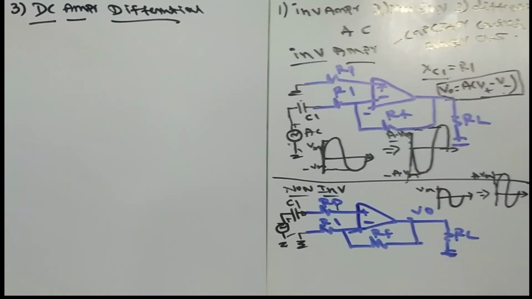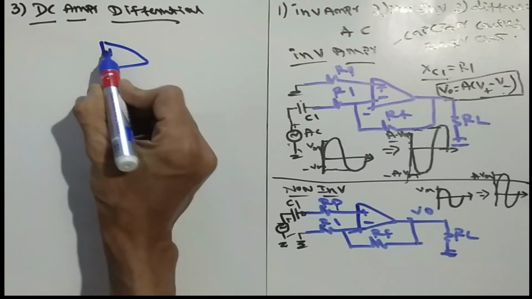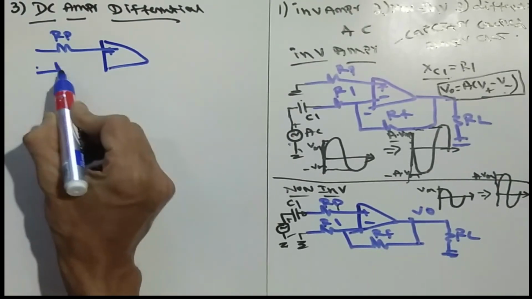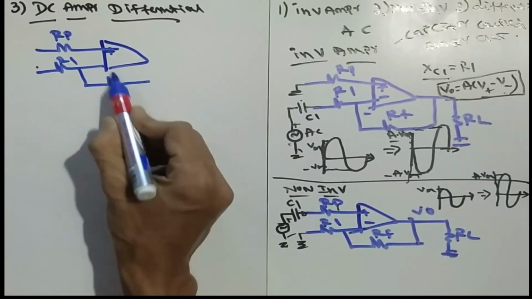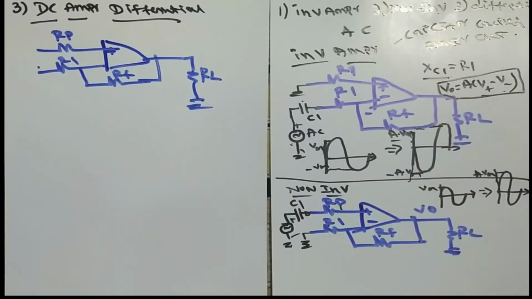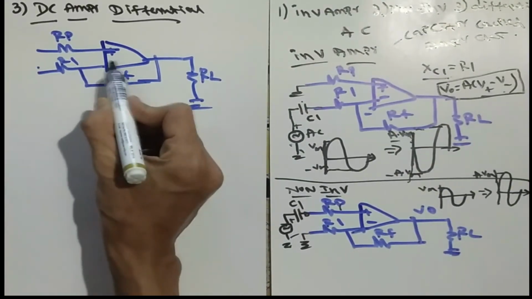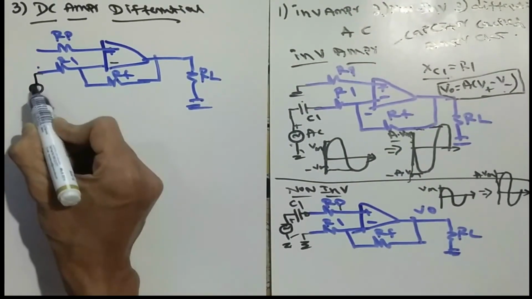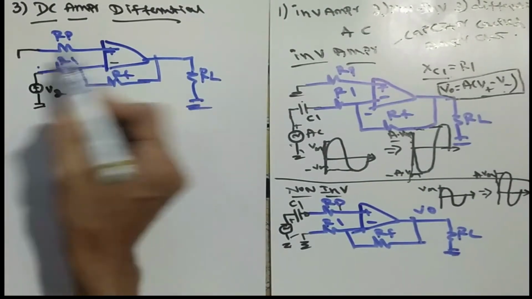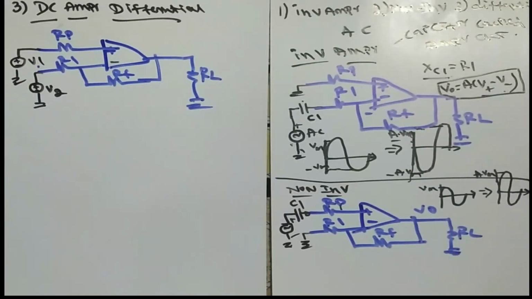First we will write the template of the op-amp. Our template everywhere in the closed circuit: positive contains one RP resistance, and similarly we have R1 resistance, then we have RF. Here the difference from the previous one is that we are giving different inputs to both portions. The input here at negative, call it V2. Similarly give one to the DC amplifier and call it V1. So this is how your DC amplifier looks.